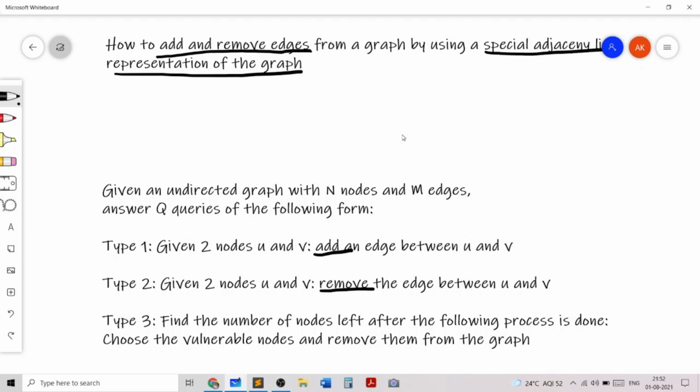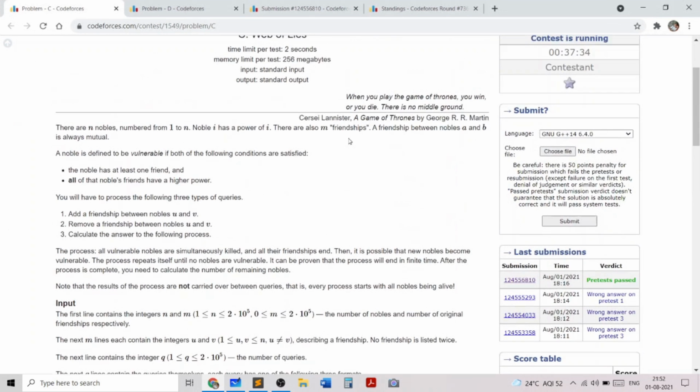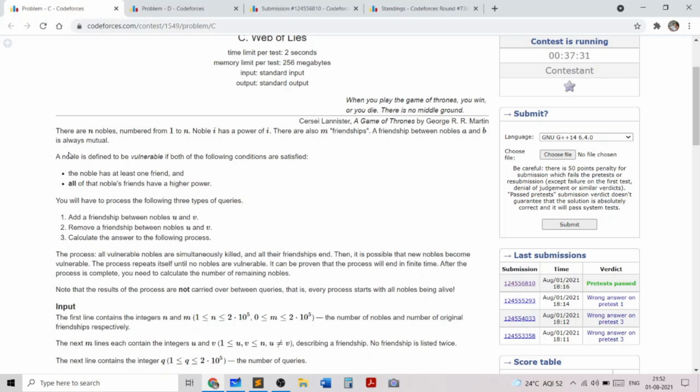And a type 3 query is where some process is happening and we need to find the number of nodes left after doing the process. The process is as follows. We remove all the vulnerable nodes from the graph. So what is a vulnerable node? A vulnerable node, or vulnerable noble, is a node which has at least one adjacent node and all of those adjacent nodes have a higher power.